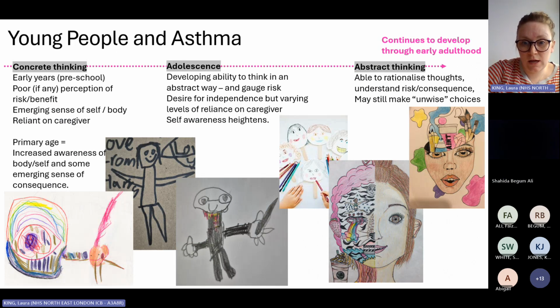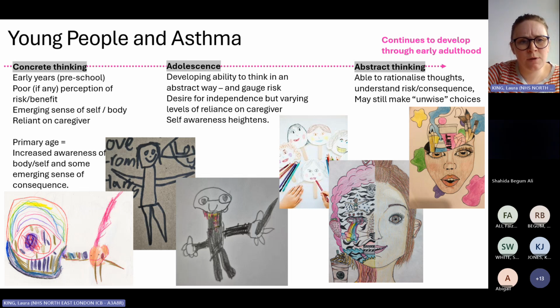Moving on quite swiftly, and again, I won't dwell on this because I could talk about the adolescent brain all day because it is a fascinating thing. When we're thinking about young people, so as I've said, secondary school age, 11 plus, whatever you want to call it, especially when thinking about new therapy, but specifically about young people and asthma, it's really helpful to consider where they are in their development. So this is obviously, sorry, a very busy slide, but it's something I've seen in other presentations that's been really helpful to hone my brain in on where we are at.